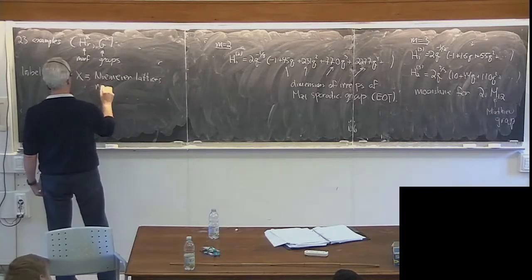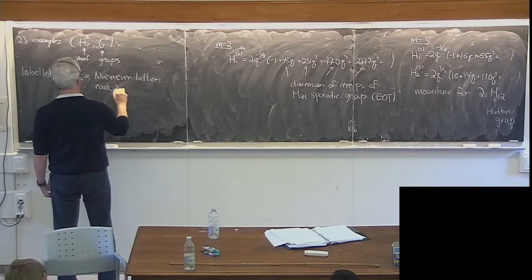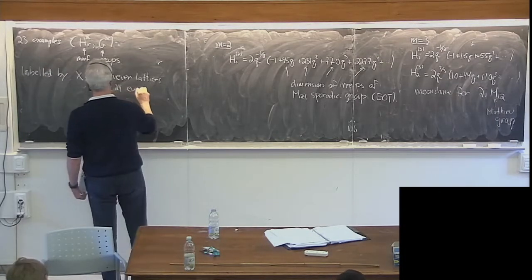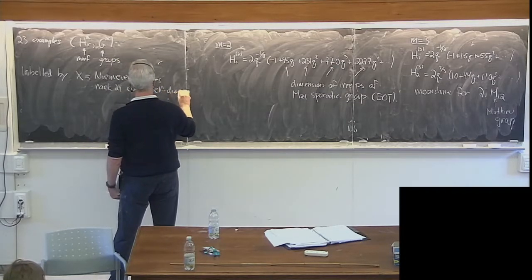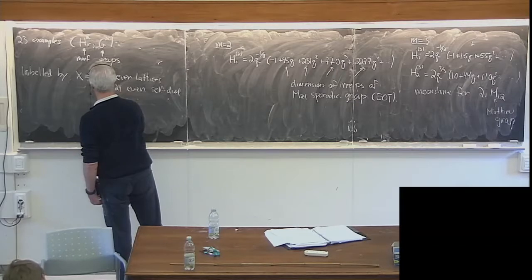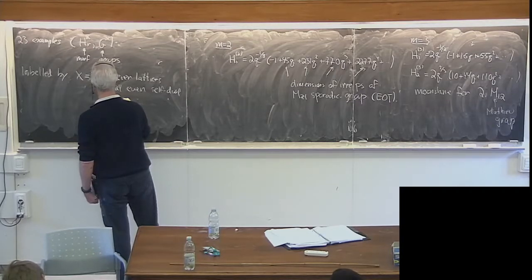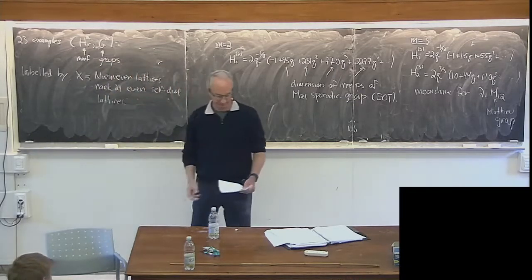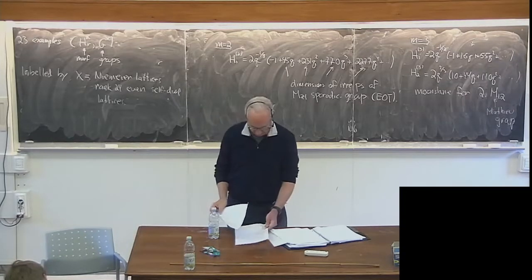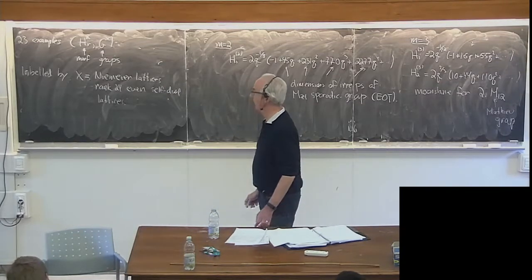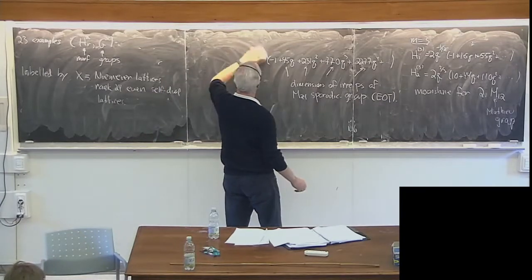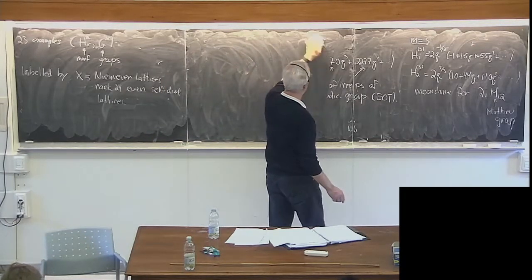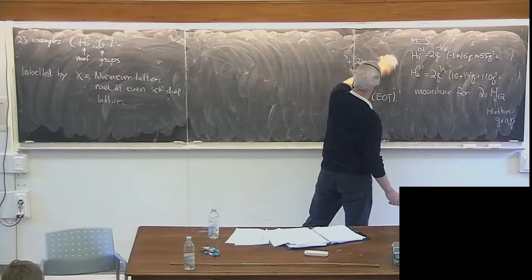Which were, as you may recall, the rank 24 even self-dual lattices. So there's quite an expansion of the moonshine story,